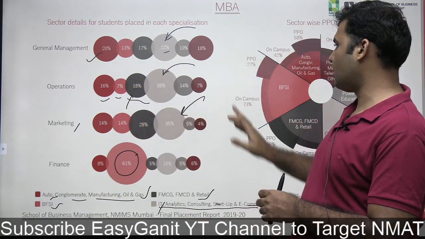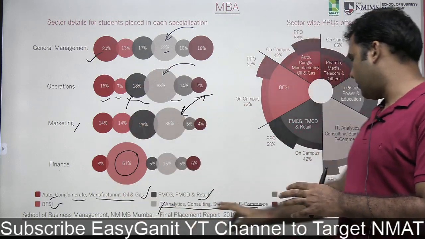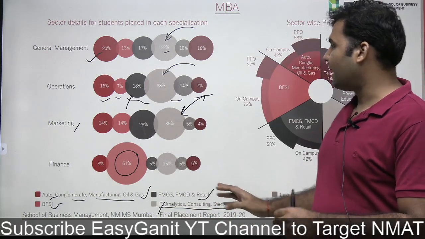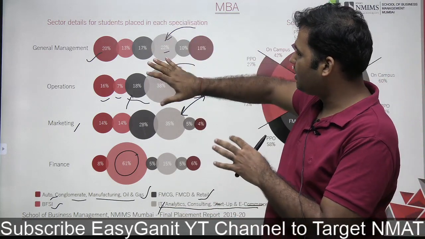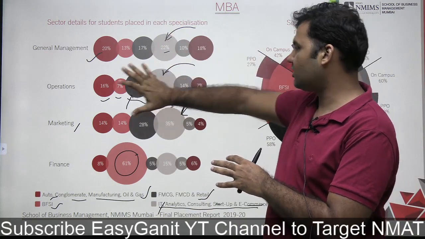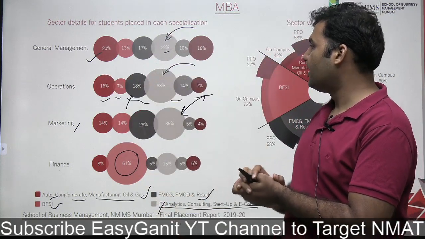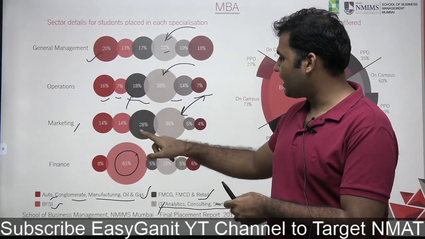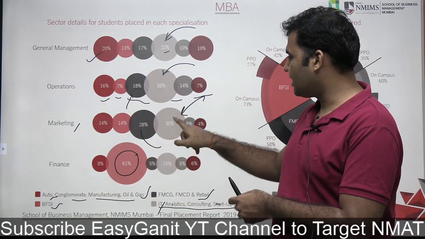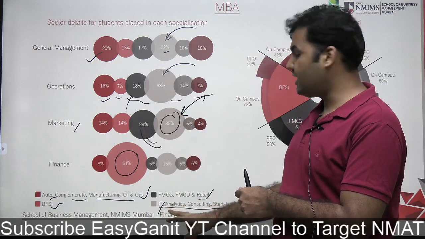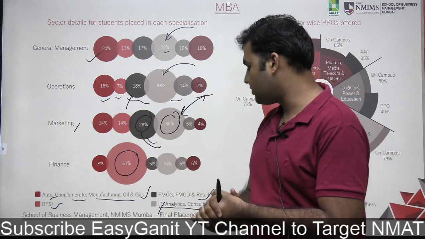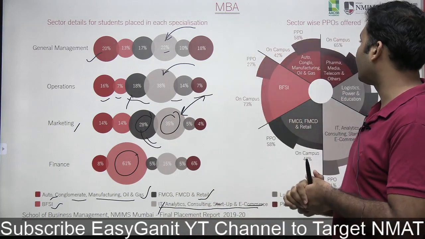Operations में भी, these are the percentages of students getting placed in the different industries from the campuses, right? So the major part is what you need to look at. There's 38% operations के यहाँ जा रहे हैं, right? 18% बच्चे FMCG में जा रहे हैं. Marketing के ज़्यादा जो बच्चे हैं, 35% students are going to IT, analytics, consulting, startups, and 28% are going to FMCG and retail. Very, very important factor that you need to look at, guys, right?